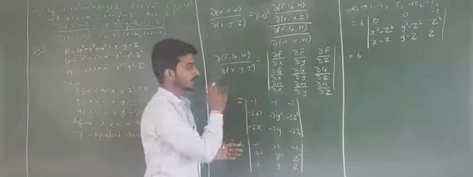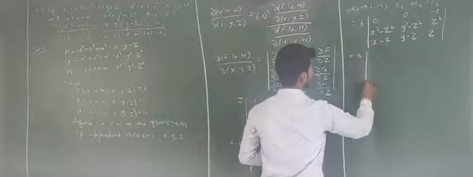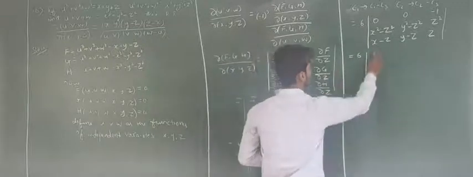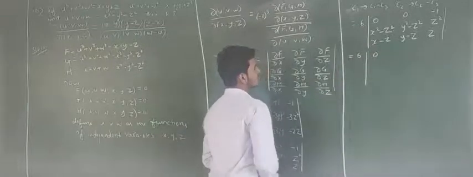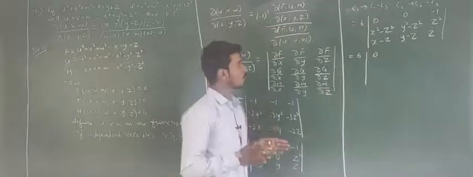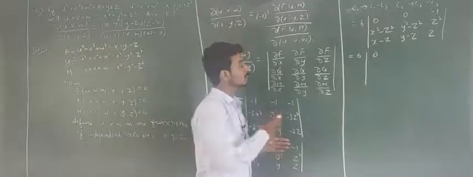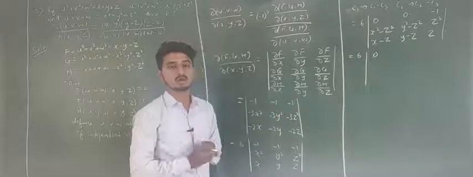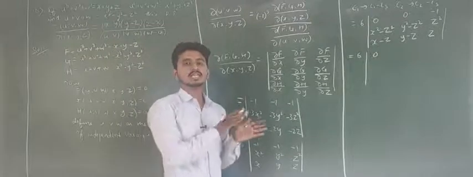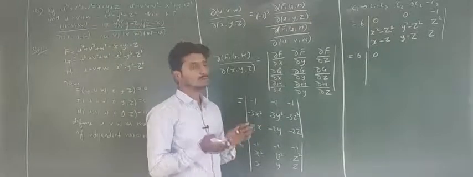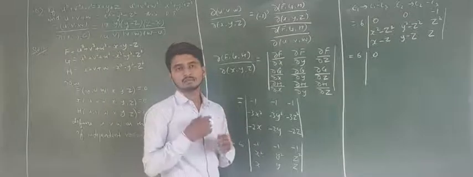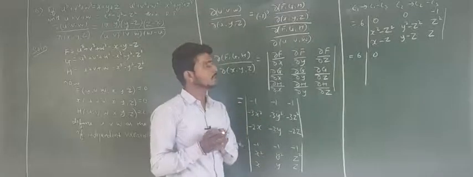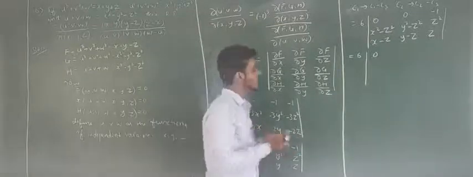If we take x minus z from this column and y minus z from this column, the remaining terms are 0, 0. Next, if we take x minus z common, the remaining term will be x square minus z square. X square minus z square is in the form of a square minus b square. The a square minus b square formula is a plus b and a minus b. If we take a minus b common, we will keep a plus b there. Similarly, if we take x minus z common, the remaining term will be x plus z.